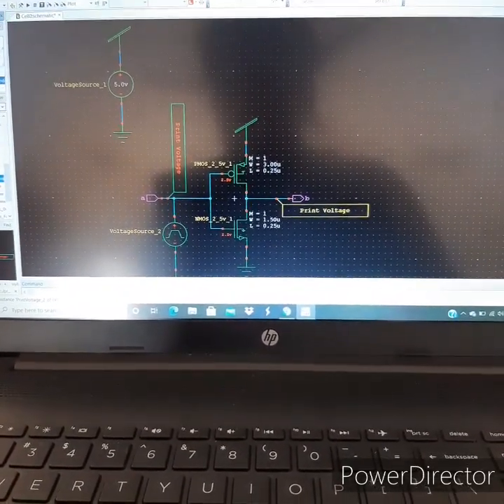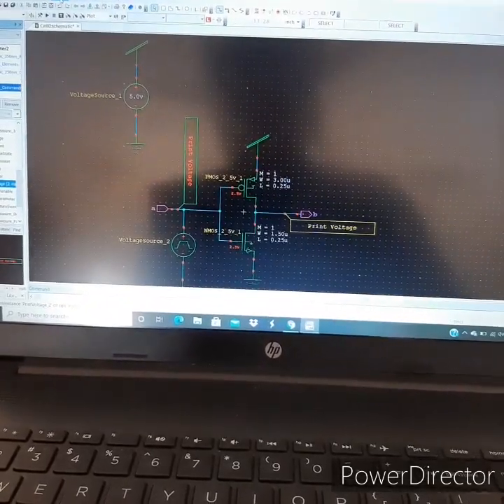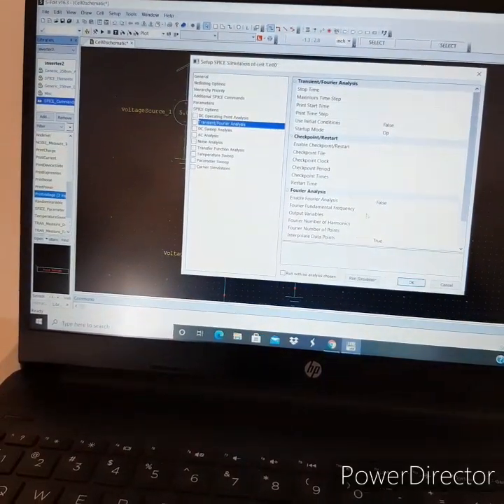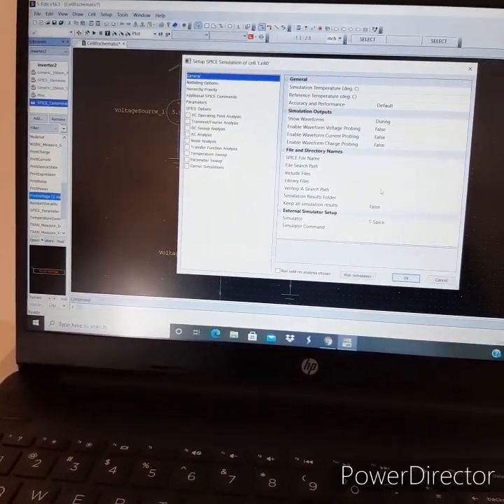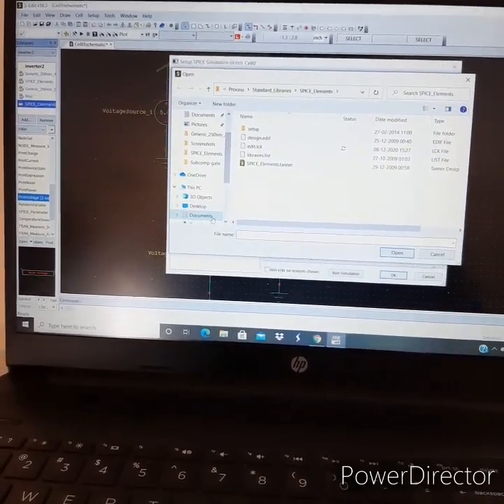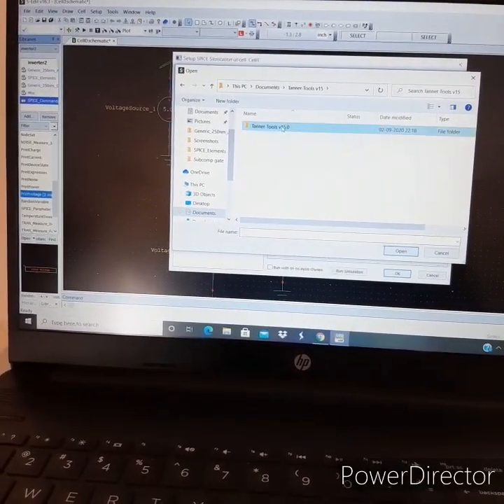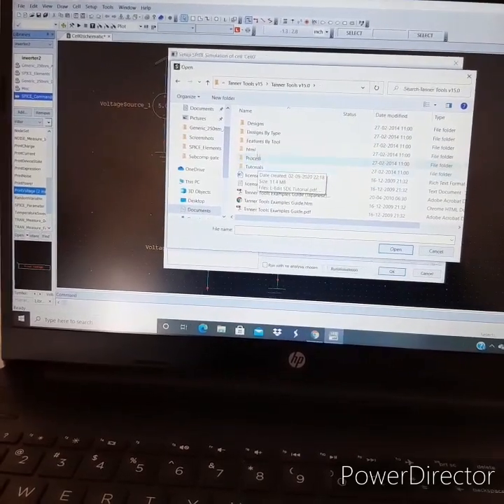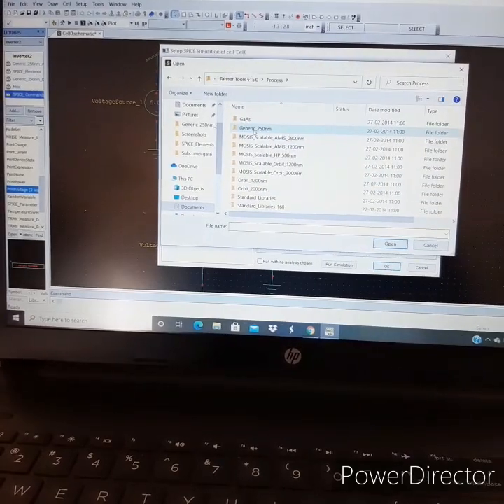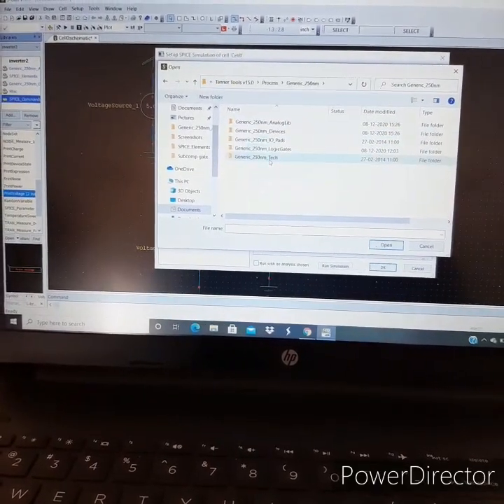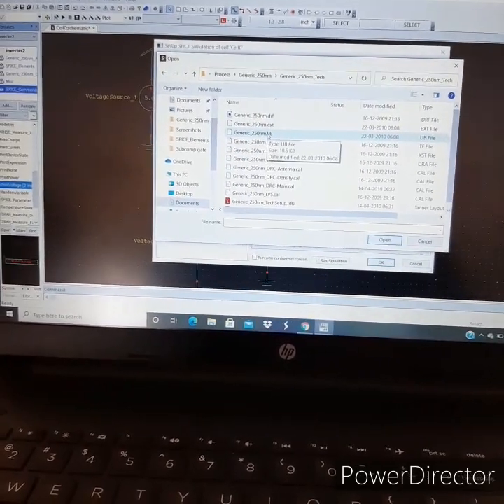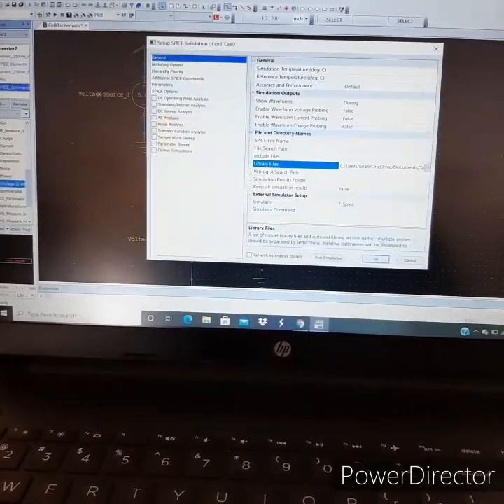For that we need to make some alterations in the setup area. Click Setup, then SPICE simulation and go to General. In the library file section we have to include, from Documents, Tanner Tools version 15.0, then Process, then generic 250 nanometer. Click generic 250 nanometer tech and select the generic 250 nanometer .lib file and open.